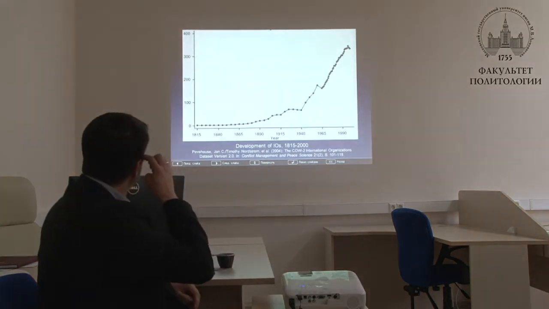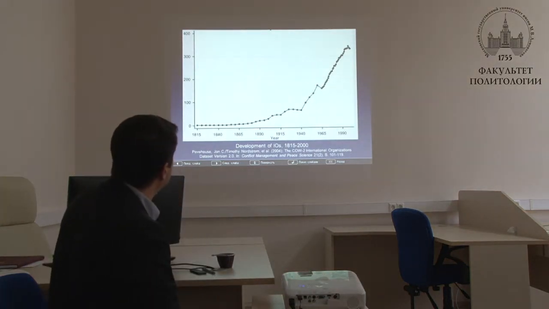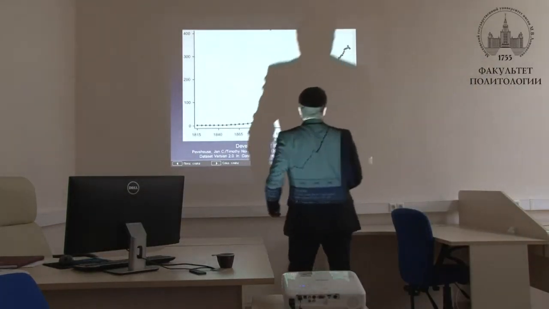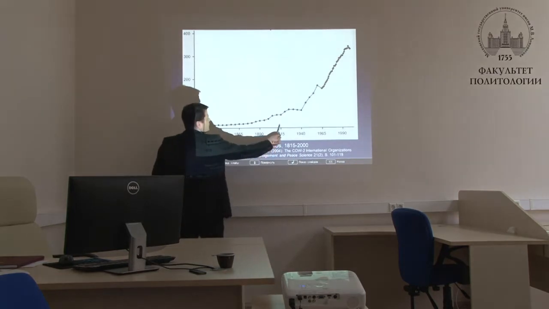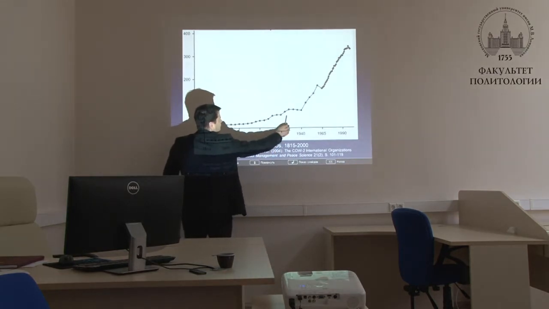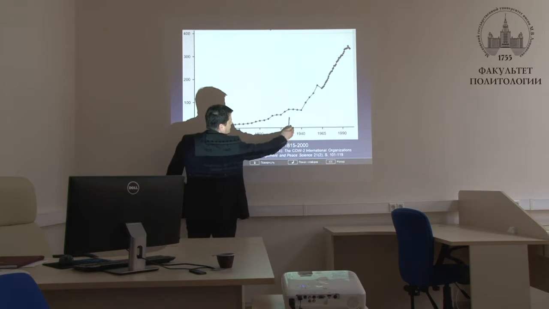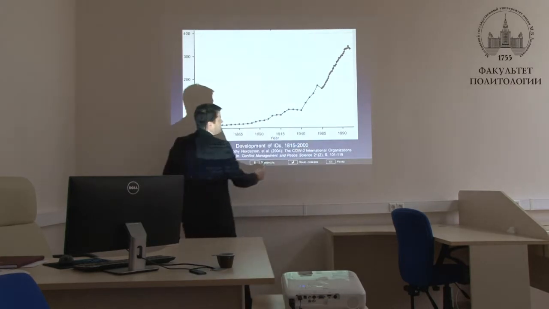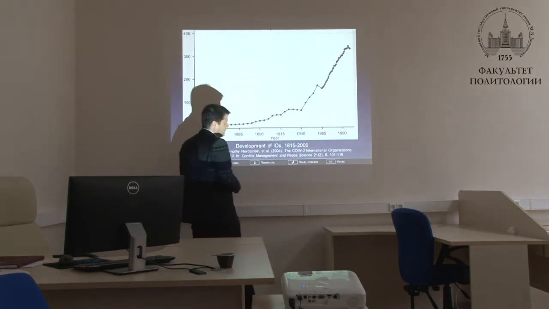So this graph shows you the development of IOs from 1850 to 2000. What you can see here is it's usually after the wars when the number of international organizations gets higher. We have it here after the First World War, and in particular after the Second World War, the number of international organizations rises very